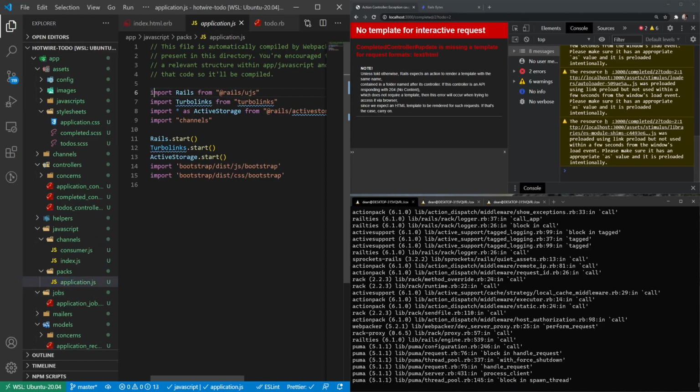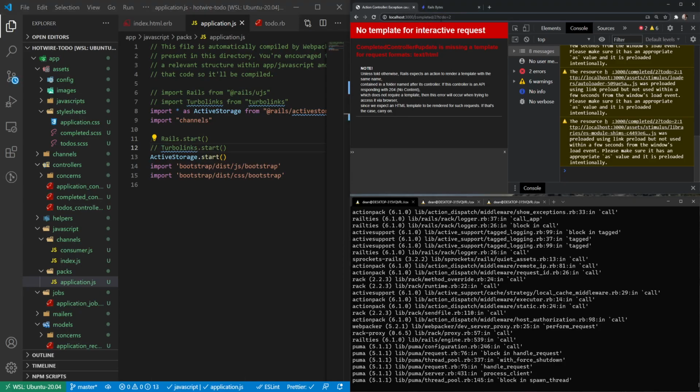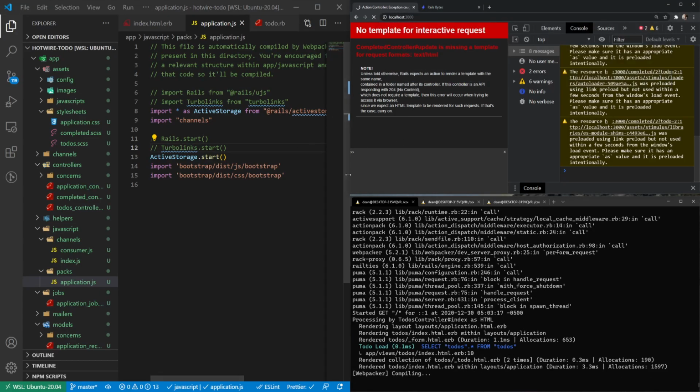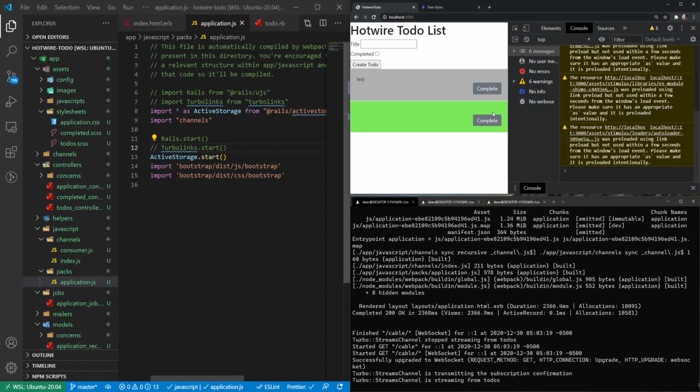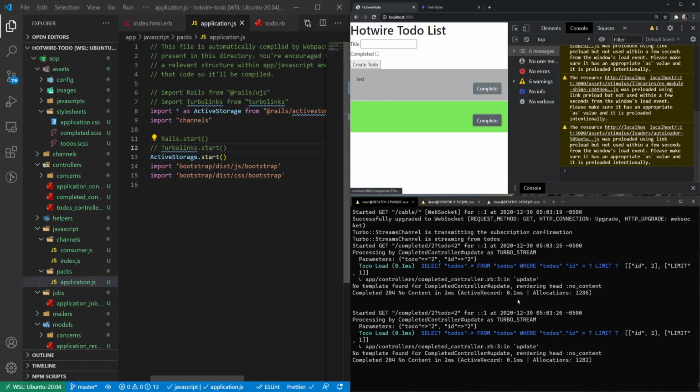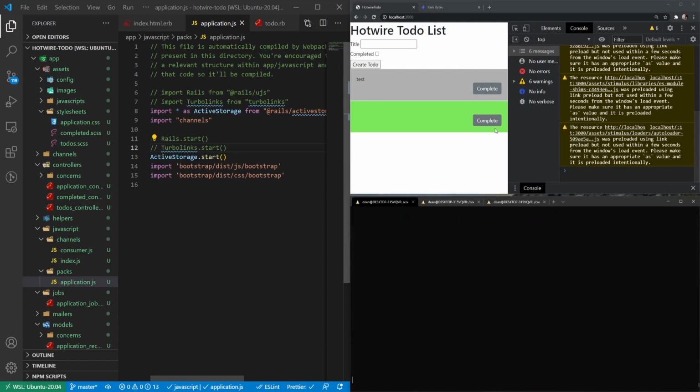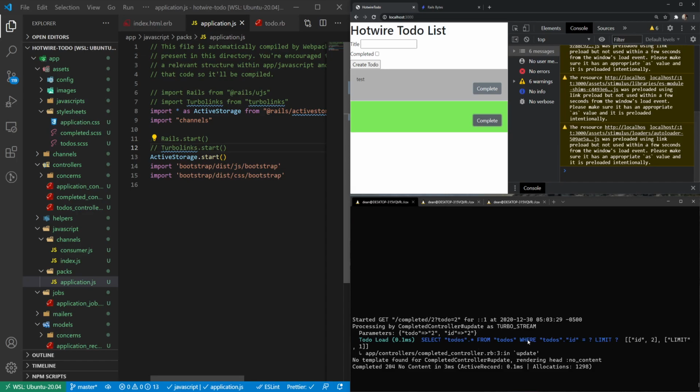And I think you need to comment out this import Rails and import Turbolinks and get rid of the Rails.start and the Turbolinks.start because it's using Turbo now, not Turbolinks. And I did find this on a GitHub issue off of the Turbo repository, so I'm assuming that's what you need to do. But now if we hit complete, you can see down here, it just says no content found,